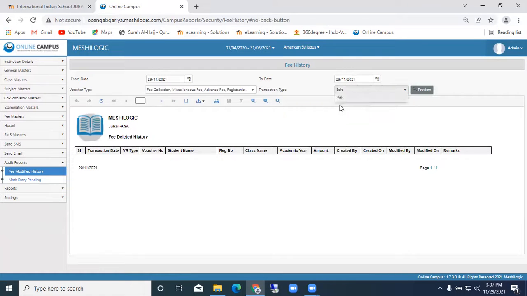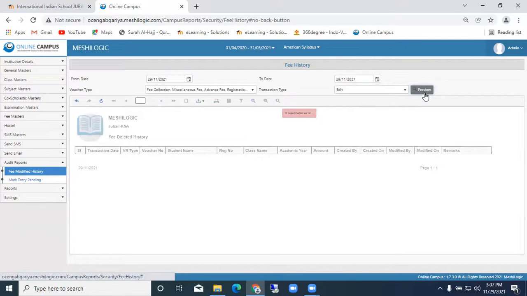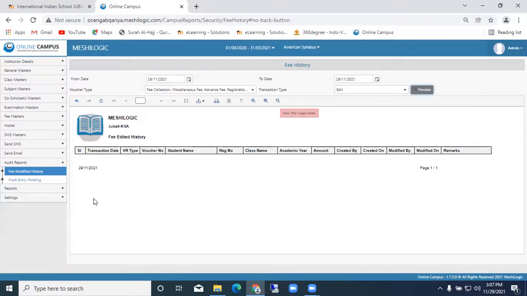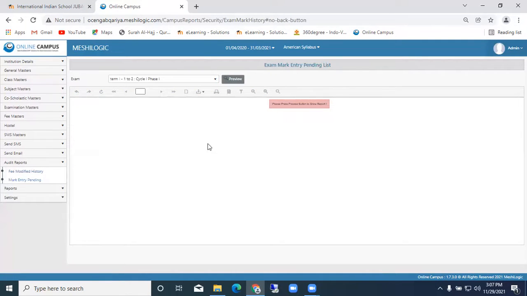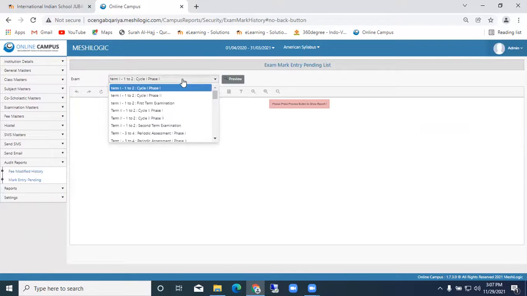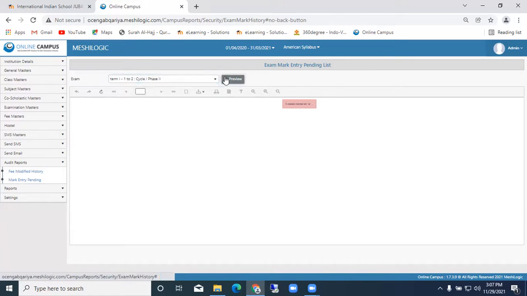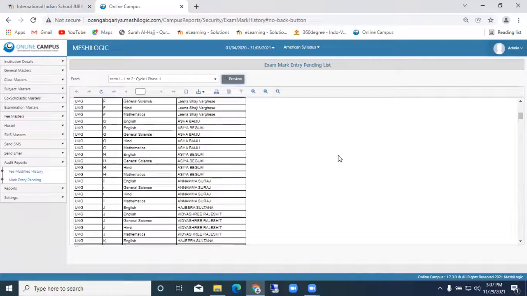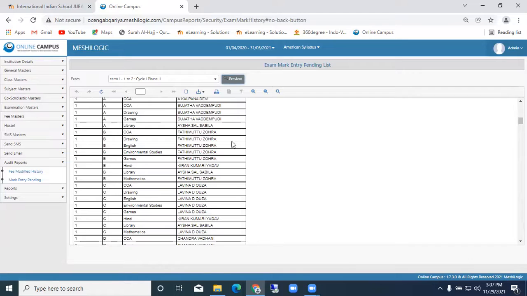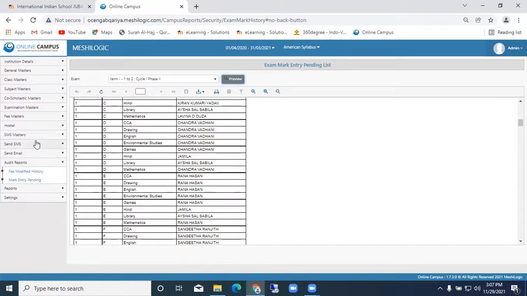If anything is deleted or edited, that information can also be easily identified. Then marks entry pending. If any marks entries are pending, we can see that too: who has not entered the marks, the list of teachers. LKG and others we are not maintaining now, so it shows not done.